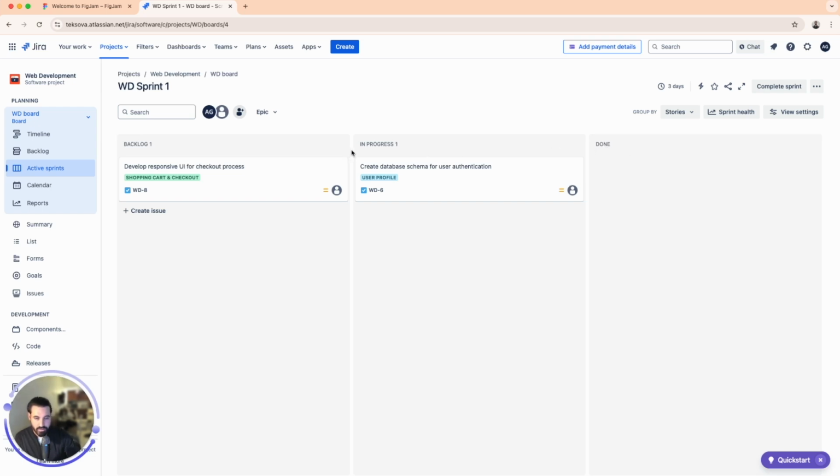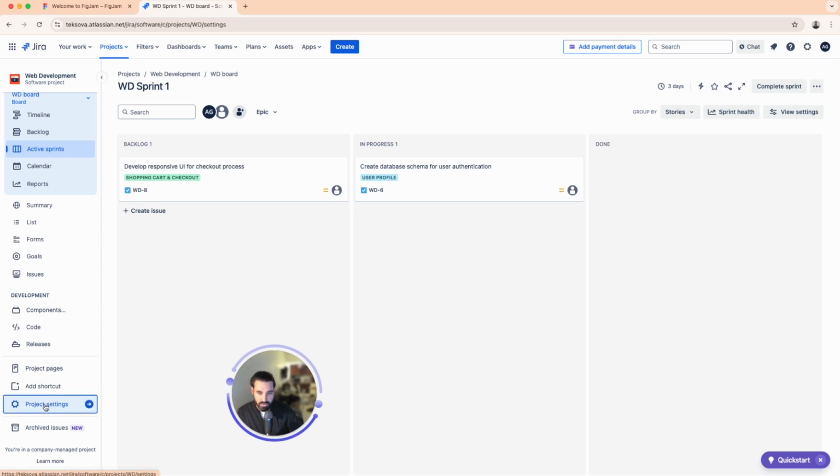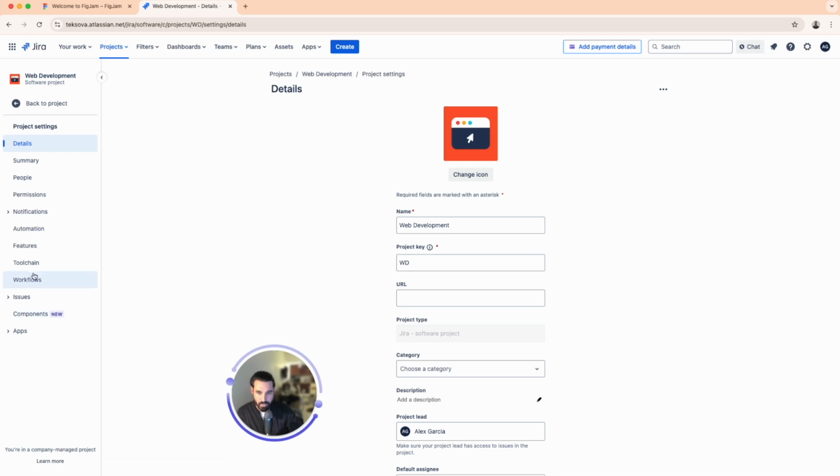The reason you see this is because these are the three statuses in the workflow that Jira brings. Now, chances are you're going to modify that workflow. So I went ahead and just for this example, I changed the workflow. If I click on project settings and I click on workflow